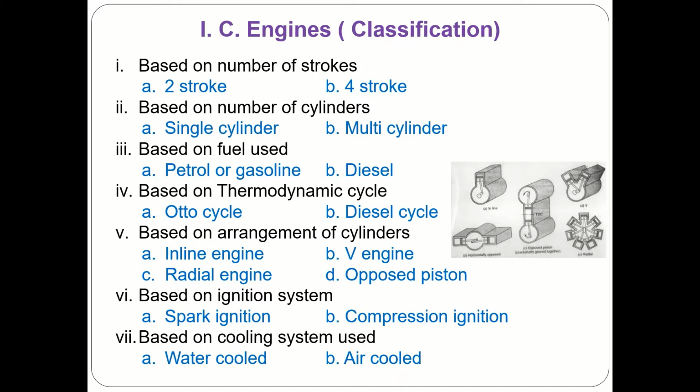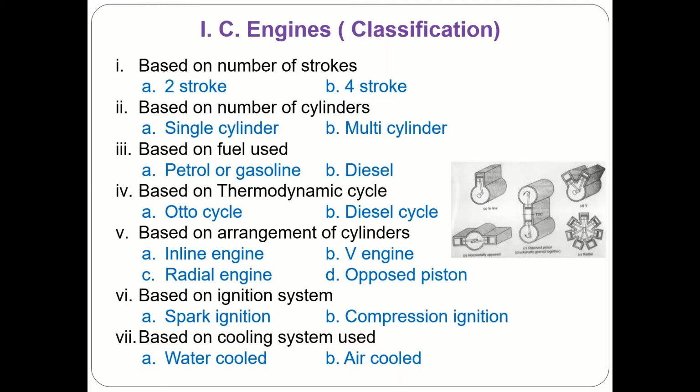In case of compression ignition, the self ignition temperature of the fuel is lower as compared to petrol or CNG. So diesel is used as a fuel in CI engines. And one more thing is that we are using a higher compression ratio in compression ignition engines as compared to SI engines. So there we don't require any spark in order to initiate combustion. Just by compression of the mixture of fuel and air, the temperature achieved is sufficient to burn the fuel.